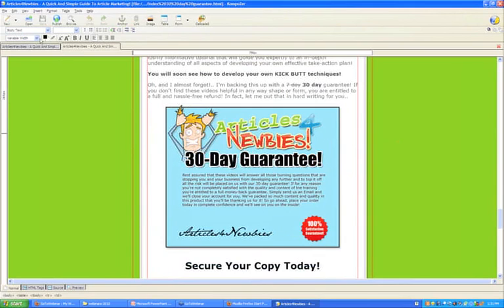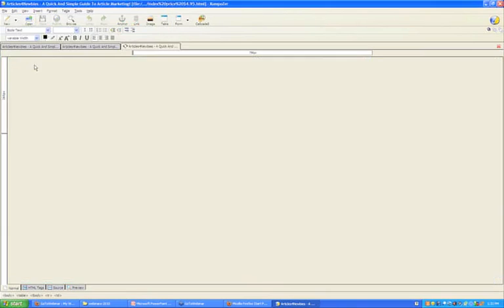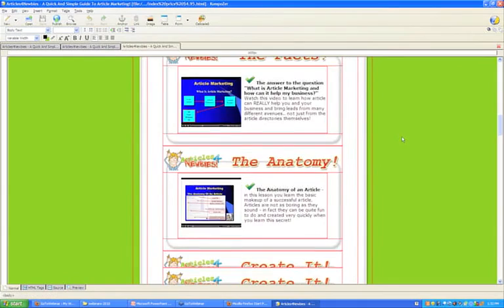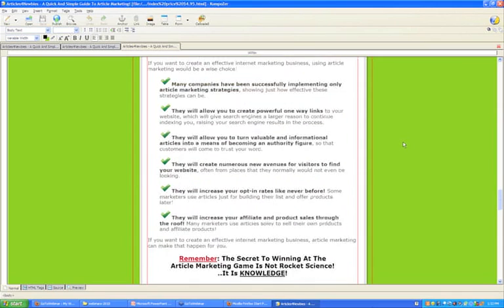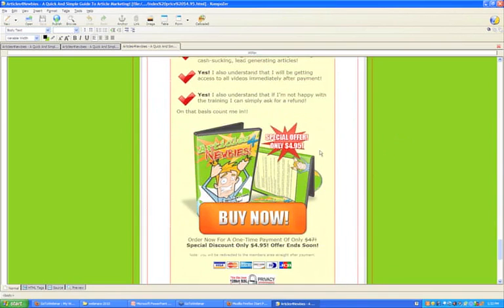Let's open up our folder again and look at the next one. There's a 60-day guarantee, and a price of $4.95. Let's have a quick look at that. Again, the page is pretty much identical, but the product creator is giving us the option. It's our product. The reason we are buying this is to sell it, so it's up to us to do with it what we want. When I scroll down here, let me get my highlighter, it says $4.95. So the designer's given us an option to sell it for $4.95. We can, of course, change this. And let me